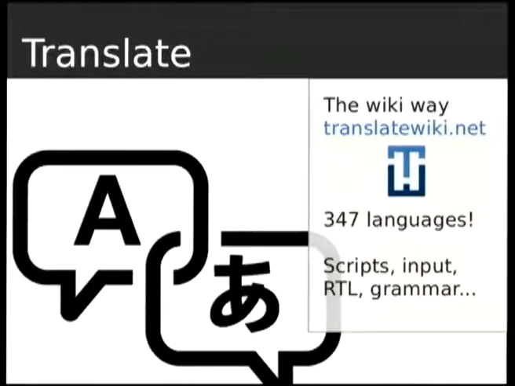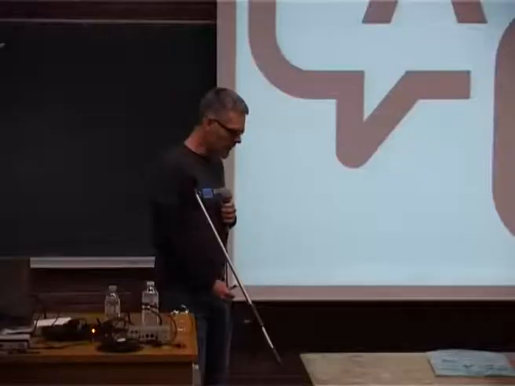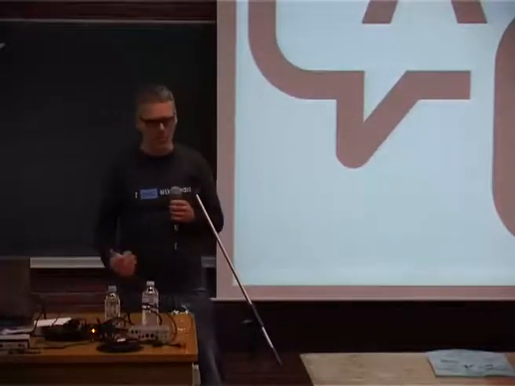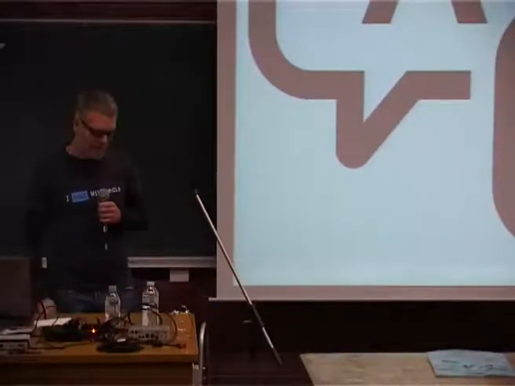Also, translation is done the Wiki way, using Translate Wiki, which is another MediaWiki-based project, which is not part of the Wikimedia movement. It's a good neighbor, but other projects are using it as well as a platform for translation. So it's really easy to join and improve any strings you can see, not just in your non-English language. Also, English can be improved. Think of it. So you can also get involved and improve the English strings using getting involved in translation.